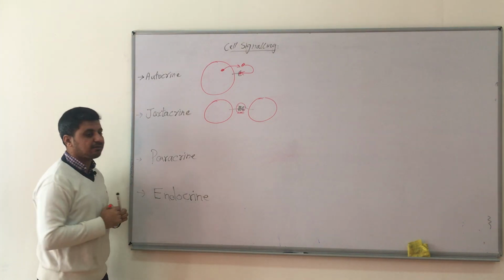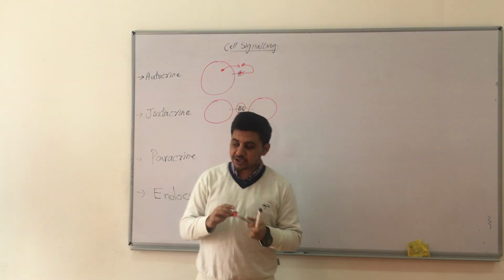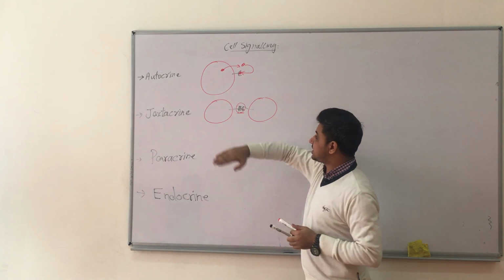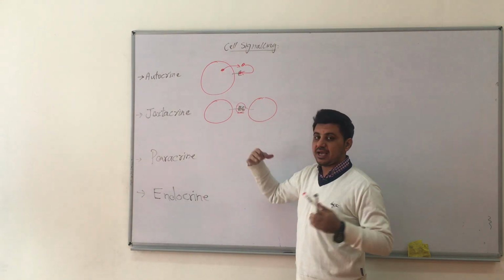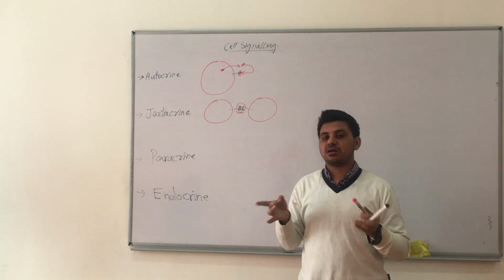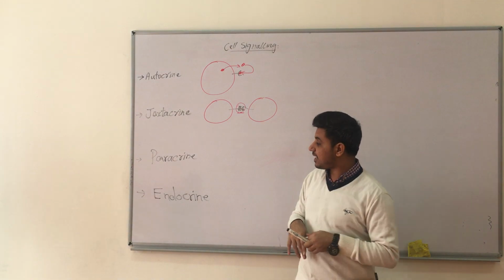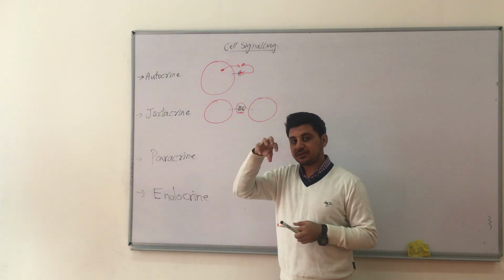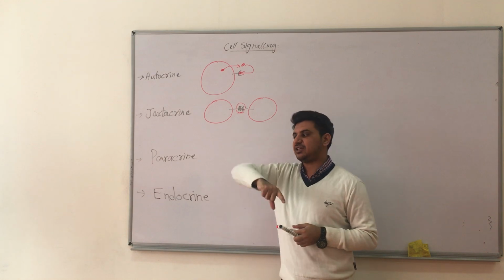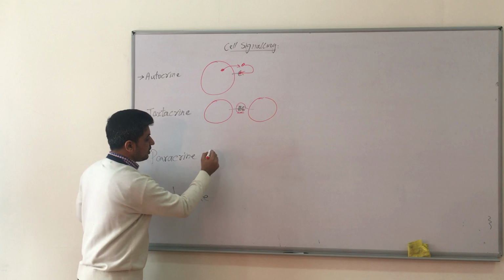And what about paracrine communication? Paracrine communication is similar to juxtacrine, but there is one difference. In juxtacrine, the two cells are connected to each other, but in paracrine, the cells are not connected to each other. In paracrine communication, the signal released from one cell acts on the neighboring cell, like this. In the diagram you can see,